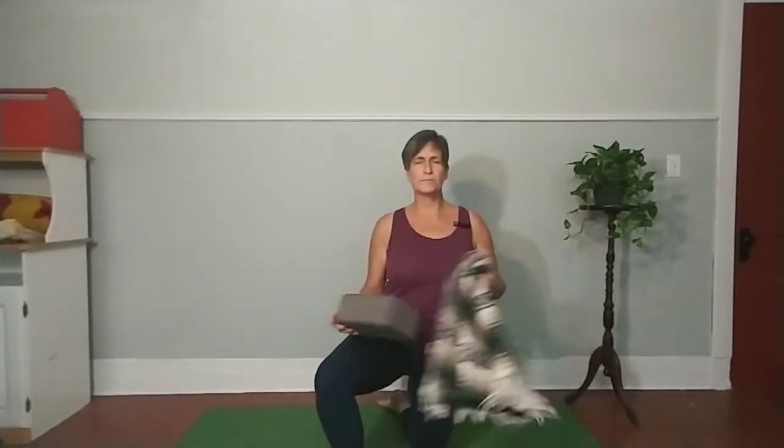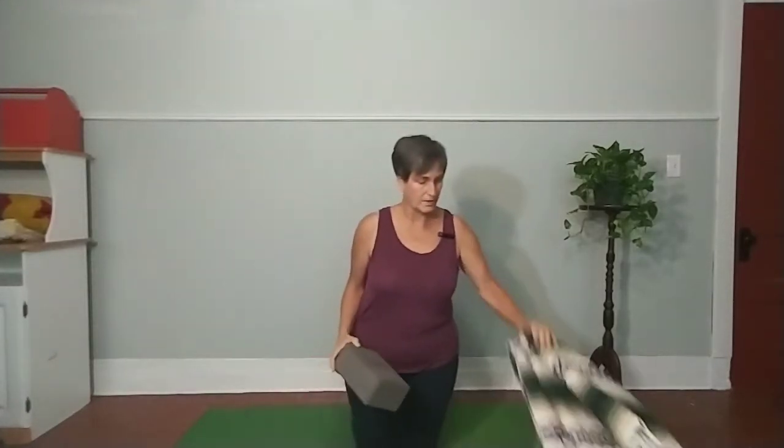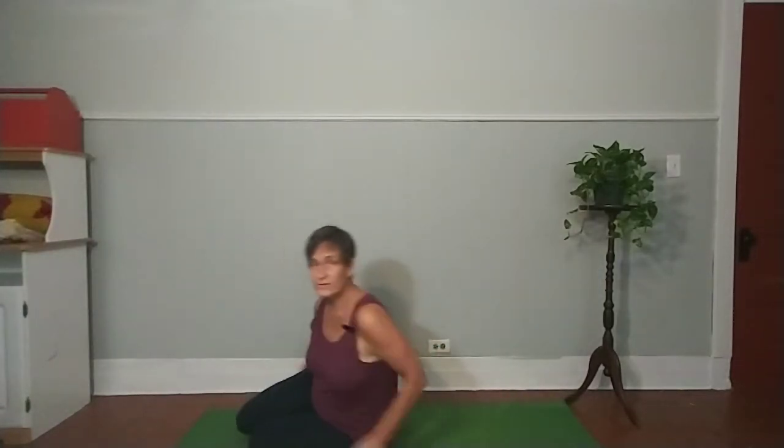Before you get settled, you might want to grab a blanket or maybe a couch pillow, a block, or maybe a thick book, anything that you can use for possible props later. And then I'm going to have you go ahead and come all the way down onto the back, lay down on your back,